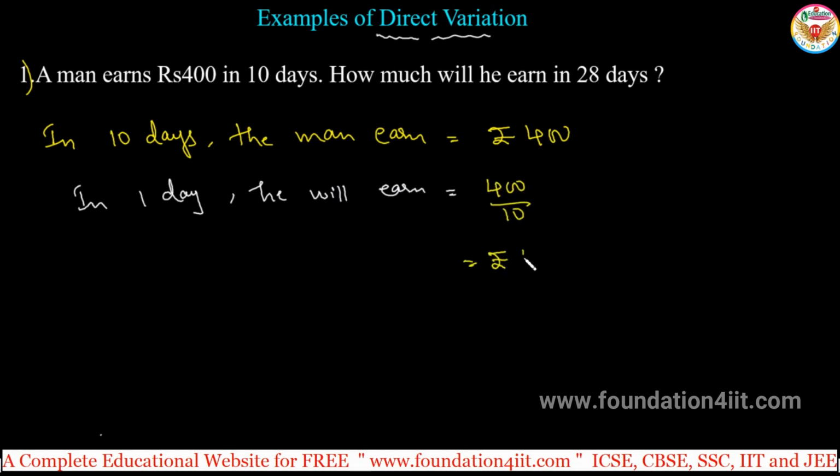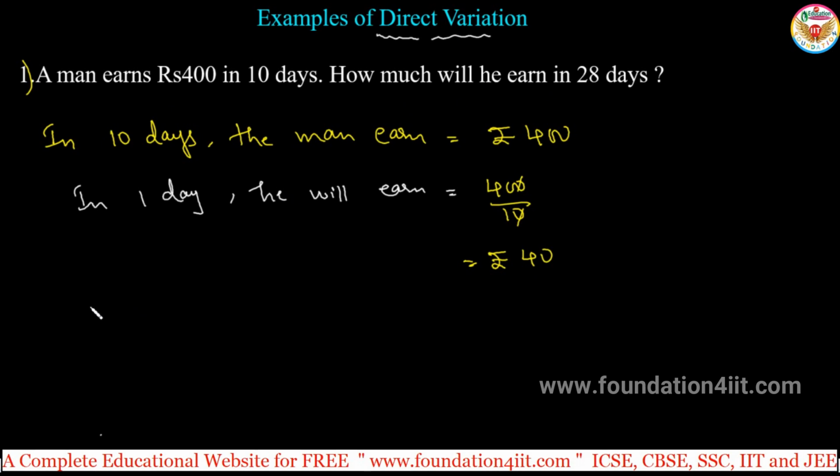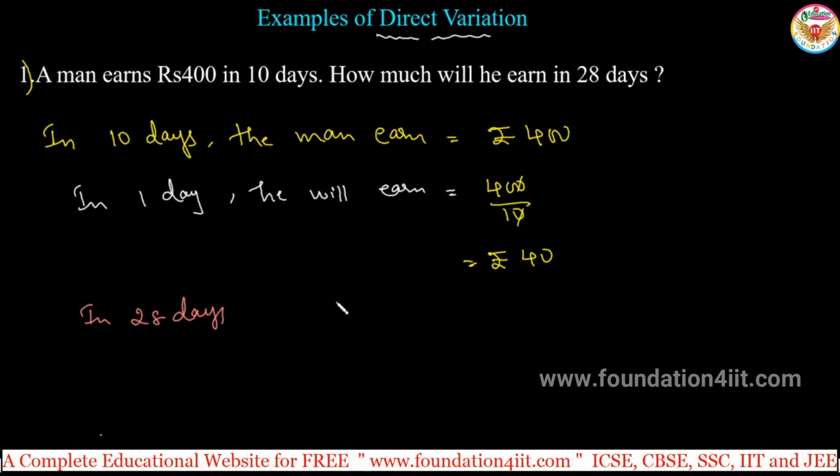400 divided by 10 is 40. 0, 0 cancel. 10 ones are 10, 40. 40 rupees per day is earning. Now the question is how much will he earn in 28 days. So in 28 days. Therefore in 28 days, in one day we got 40 rupees. So in 28 days he will earn,